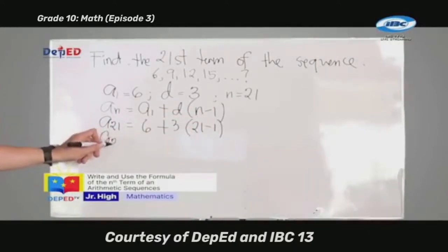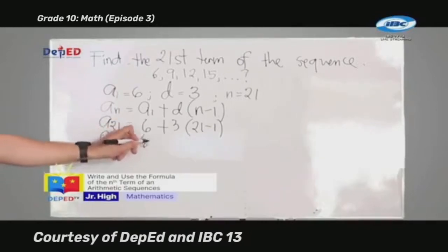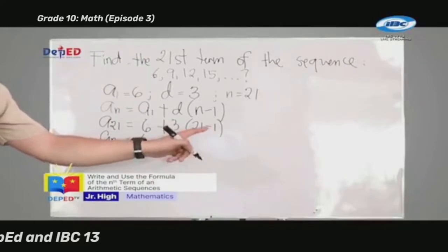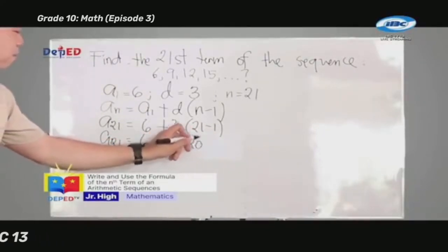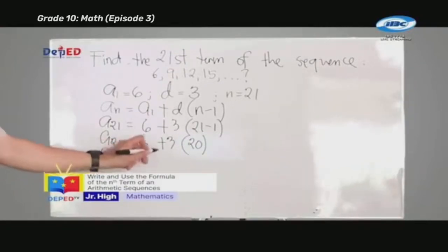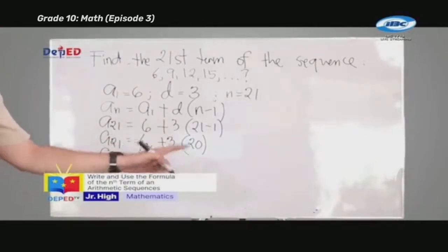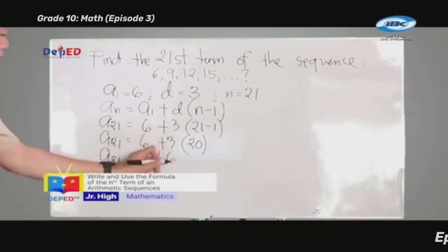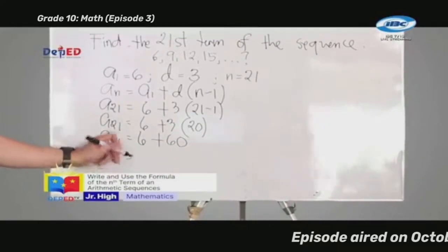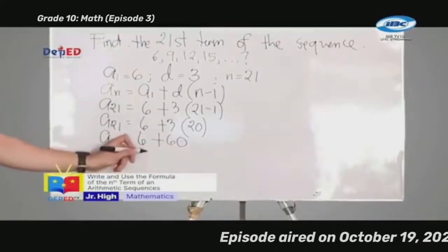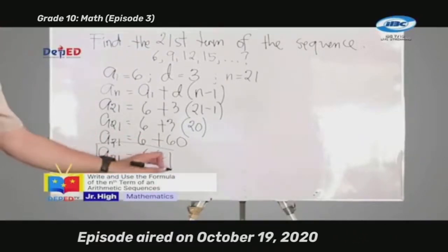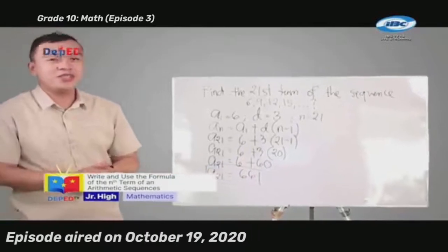A sub 21 is equal to 6 plus 3. 21 minus 1 is equal to 20. A sub 21 is equal to 6 plus, multiply 3 and 20, you will get 60. A sub 21 is equal to, get the sum of 6 and 60, you'll get 66. Thus, the 21st term of this sequence is equal to